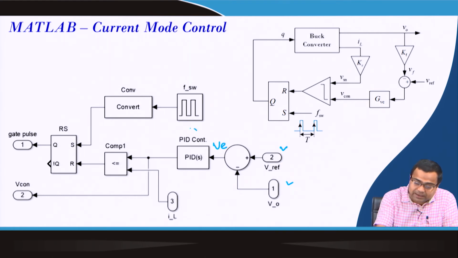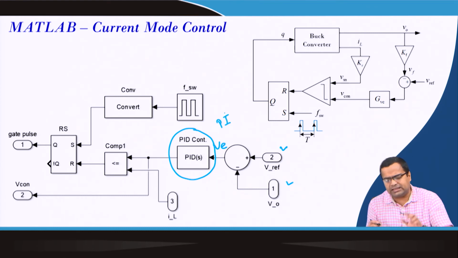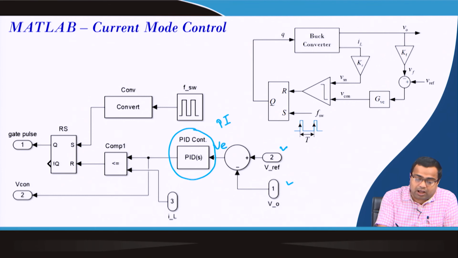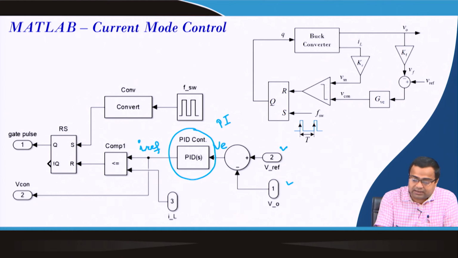Although I am showing a PID controller, typically for current mode control we can use a PI control or type 2 control, and in this PID controller we can keep the derivative term 0. That means we can realize it using a PI controller, or you can use a separate transfer function block here. Now, this is my reference current. Or in this case it is my control voltage, and here it is a reference current which is compared with